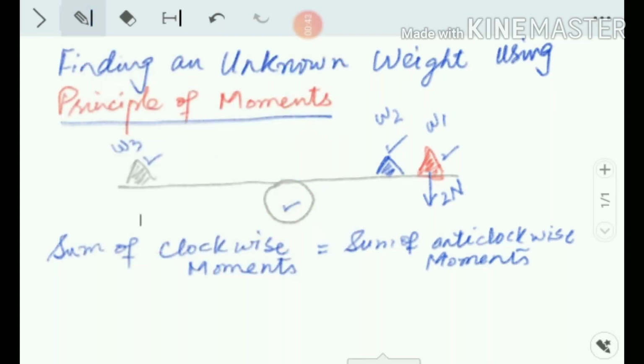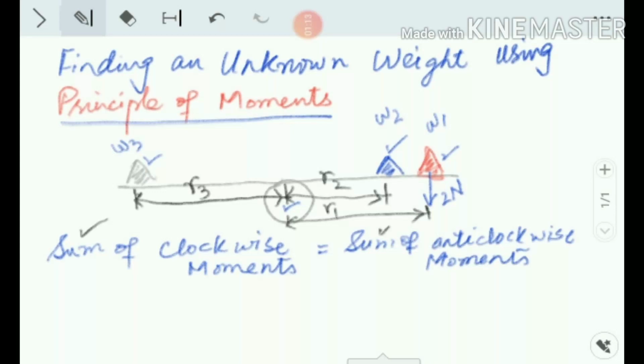And the moment arms of these weights, from the center of these weights to the center of the pivot: let's call it R3, the moment arm of W3. Then the moment arm of W2 is R2, and that of W1 is R1. So according to the principle of moments, the sum of clockwise moments should be equal to the sum of anti-clockwise